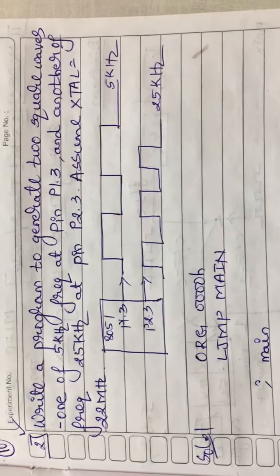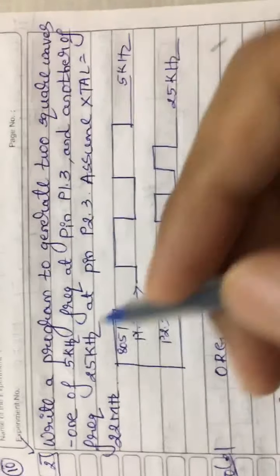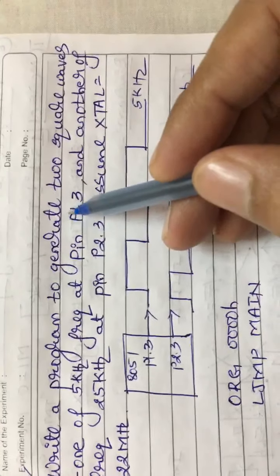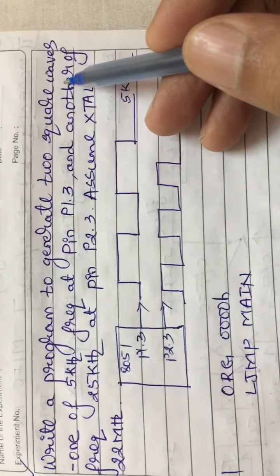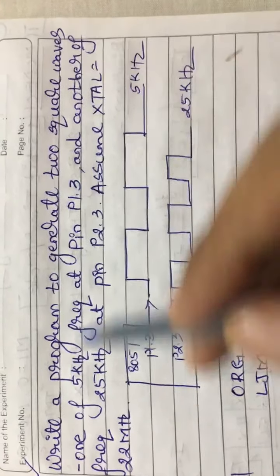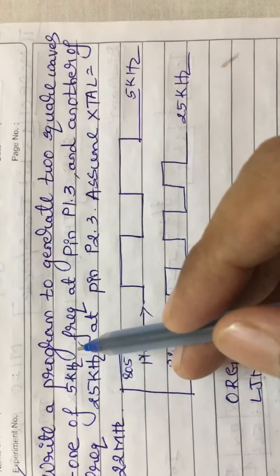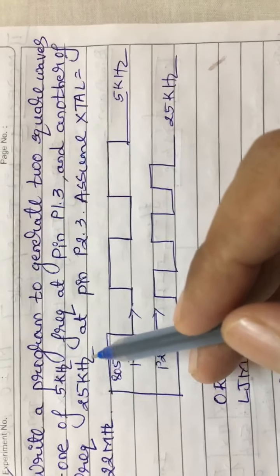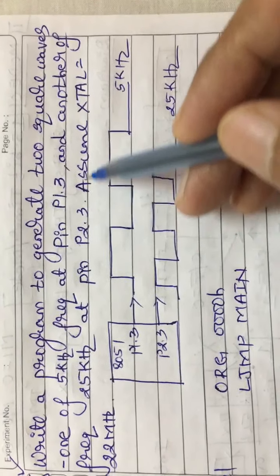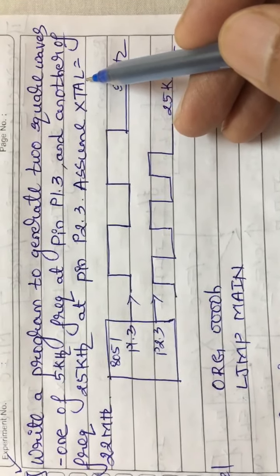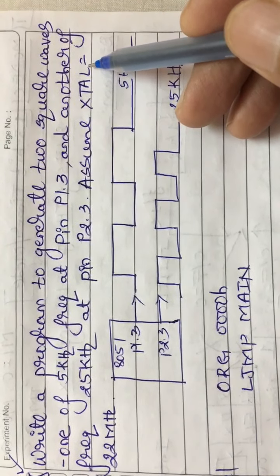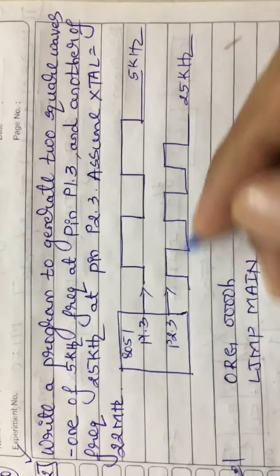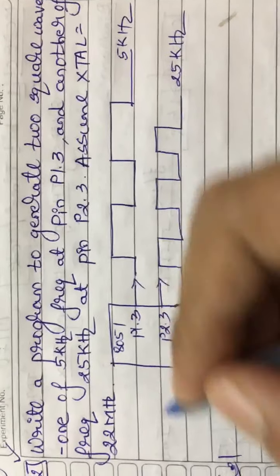So, we'll take one more example with respect to the timer interrupt. Write a program to generate two square waves, one of 5 kilohertz frequency at pin P1.3 and another of frequency 25 kilohertz at pin P2.3. Assume the crystal frequency is equal to 22 megahertz, and we are using here